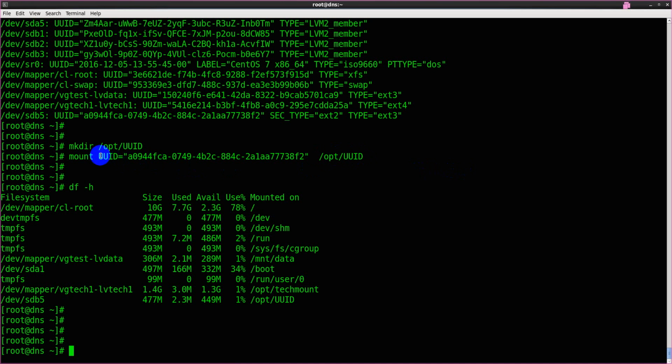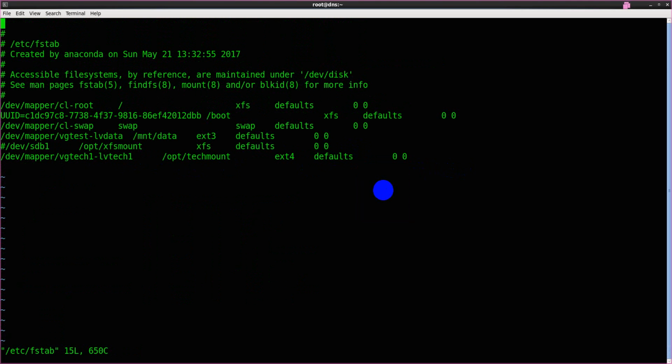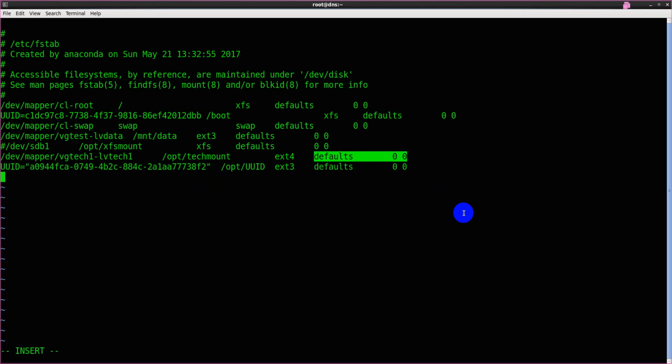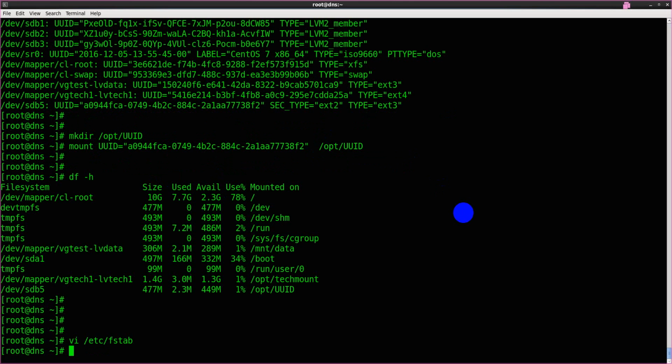You can also use this one like this and put it in the file to make it persistent. If you notice here, the boot partition is actually using UUID for its mount. That's why every time you boot up the system, it will mount here. So in this case we have ext3, and the rest will be the same. And if you save it,